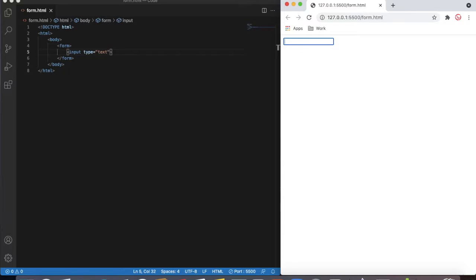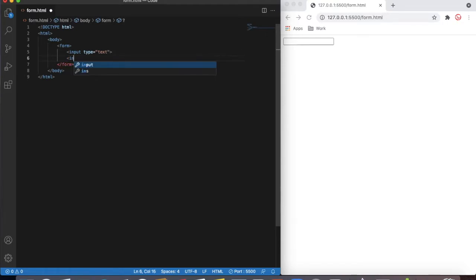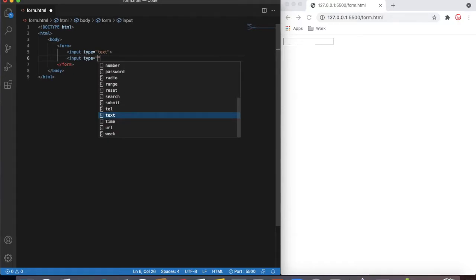Okay, so I'll create a few more. I'm going to create a form where I can take the first name, last name, email address and phone number. These four things we'll take. So input type, and then again it's a text.